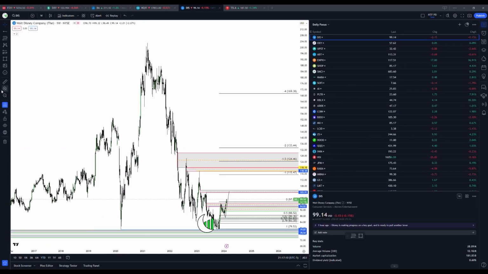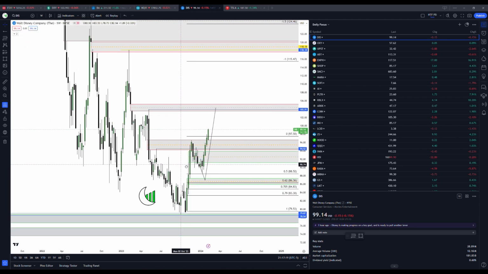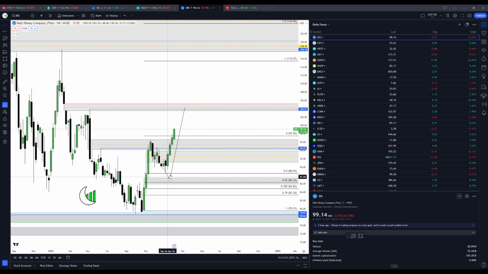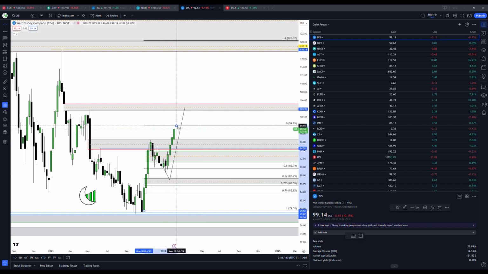Okay, I know you had Disney. Disney annoyed me. I mean, look, yeah, I've had this for a while, but guess what? No entry. Why? No discount. See how annoying that is? Hold on, I don't know why it's there. It should be here. See? No discount. Sucks. Held on to this one for dear life. Showed that the range wasn't set. Continued higher. I know you went short on this, but